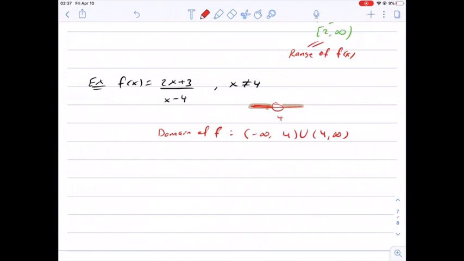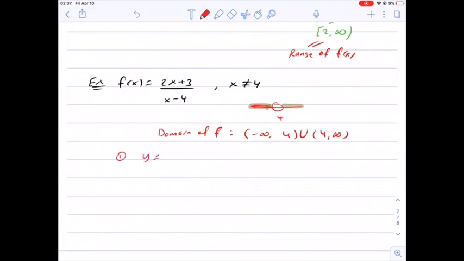Now, if I ask you to find the range of this function, it's not easy to do so, because then you need to graph this function, and it's not easy to graph this function. But to find the range of this function, you can find the inverse of this function, and then you find the domain. It's very easy to find the domain of a given function. So if you find the domain of the inverse, that's the range of the original function f. So let's find the